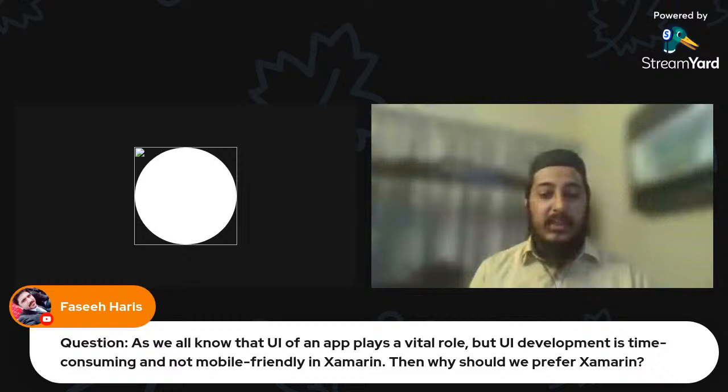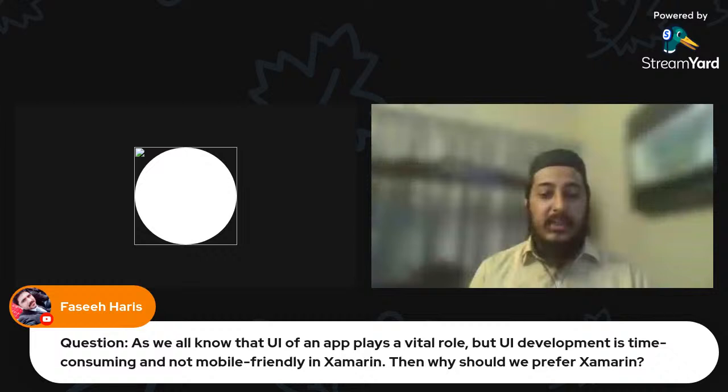As we all know, the UI of an app plays a vital role, but UI development is time consuming and not mobile friendly, so why should you prefer Xamarin? All right, designing is a time consuming thing, and sometimes we do not get mobile friendly UIs. Also in earlier versions of Xamarin.Forms, this problem was faced by developers all the time.